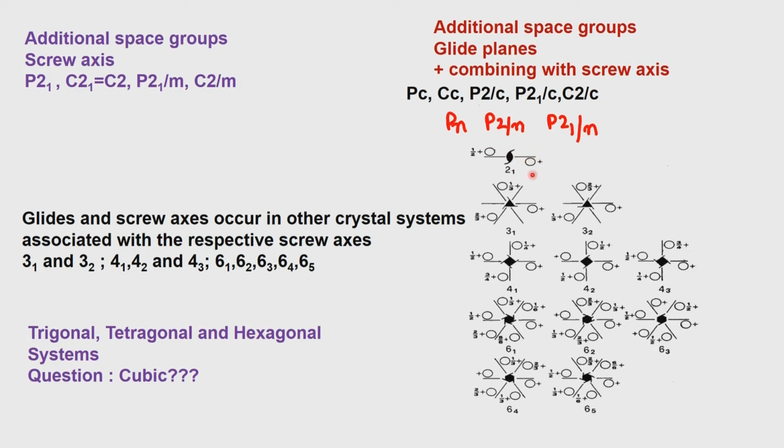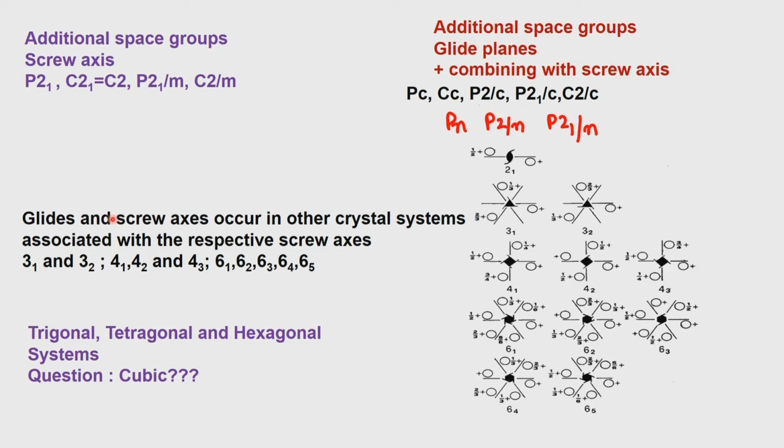So we see that we have the 2-1 screw axis shown here. Now the glides and the screw axis can occur in other crystal systems also. We have so far considered the monoclinic system only. Of course, triclinic cannot have any of these systems, but once we have the monoclinic system, which is associated with a two-fold axis or a mirror perpendicular to the two-fold axis, we can have these additional translational components associated either with the two-fold operation or with the mirror operation, and therefore we will have these.